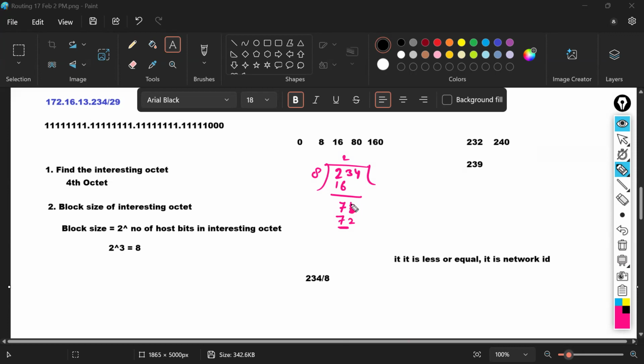So if this one has to be 2, that means this one also has to be 2. Yes or no? So that means this is my network ID. Nearest complete division will be 232. Getting it? So this is my network ID, 232. 232 is my network ID. Clear? Yes or no? Or else, if this is also confusing,